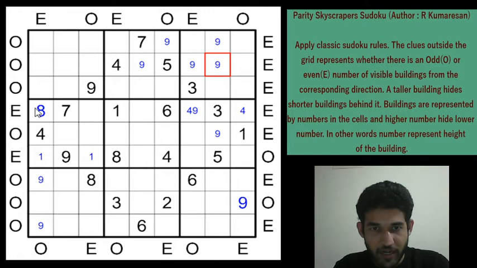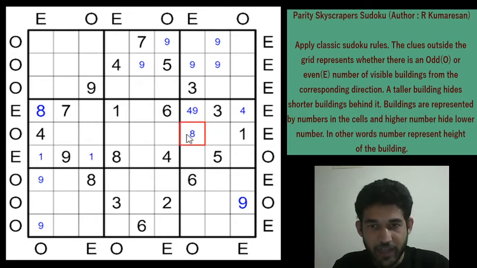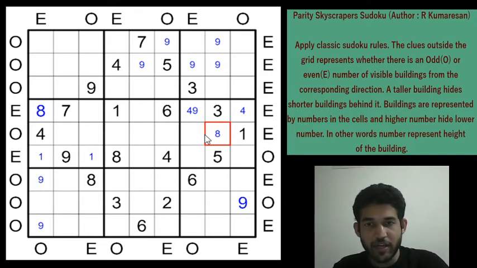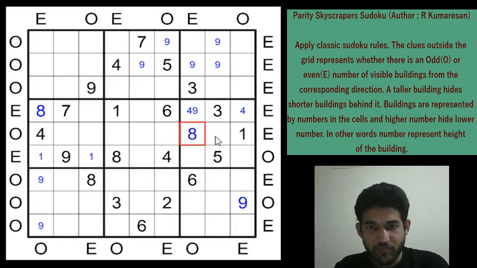Let us look at these 8s, row 4 column 1 and row 6 column 4, which means we will get the 8 in one of these 2 cells, right? But can you have the 8 in row 5 column 8? No, right? Because if you have the 8 there, then you will see 1, 2 and the 9 building, which is 9. So you will see only 3 buildings in that direction. So 8 cannot be here. So which gives you an 8 here, and 9 must be in one of these 2 cells, right? So we got an 8 now.